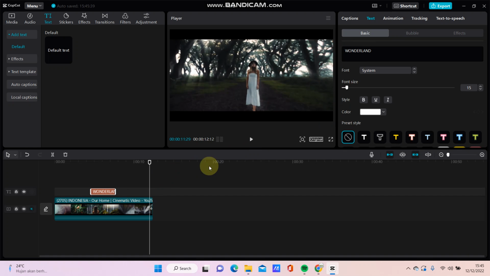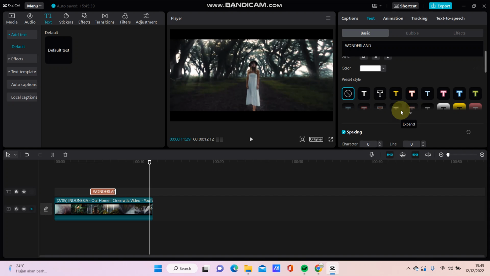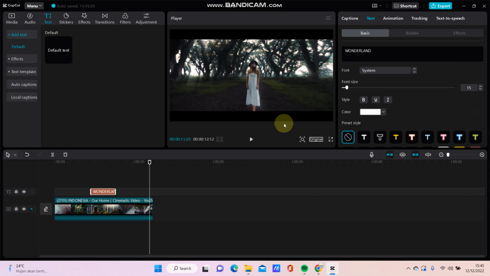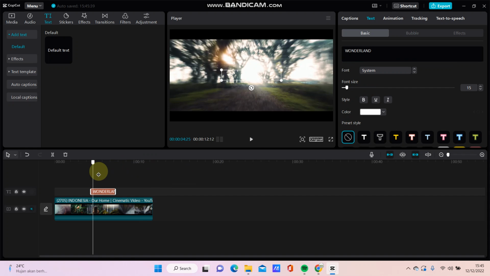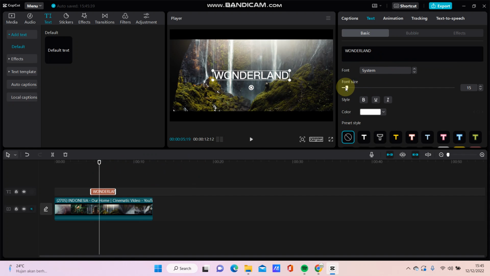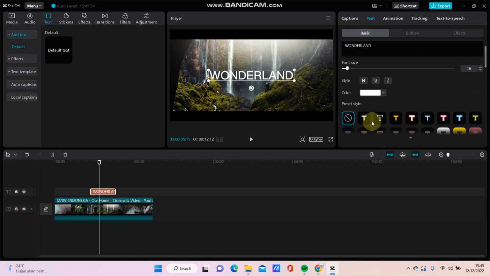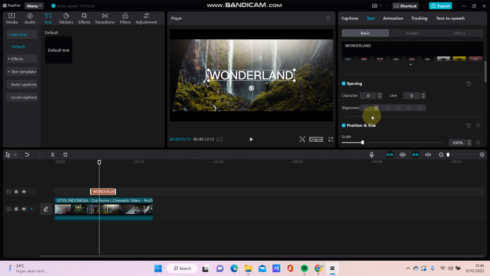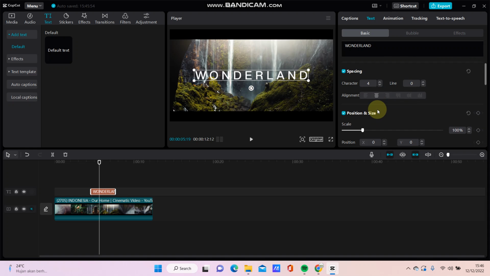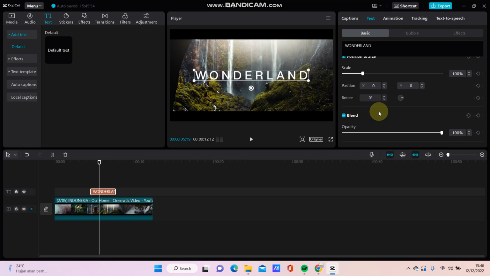So you can adjust for the size, and I'm going just to spacing line like so. So for make the transparent text, you can just for the opacity like this,